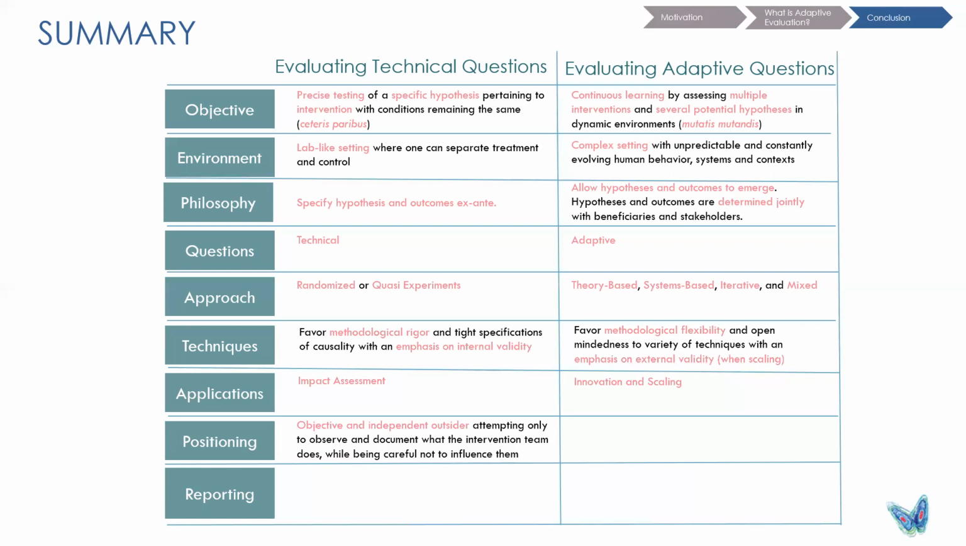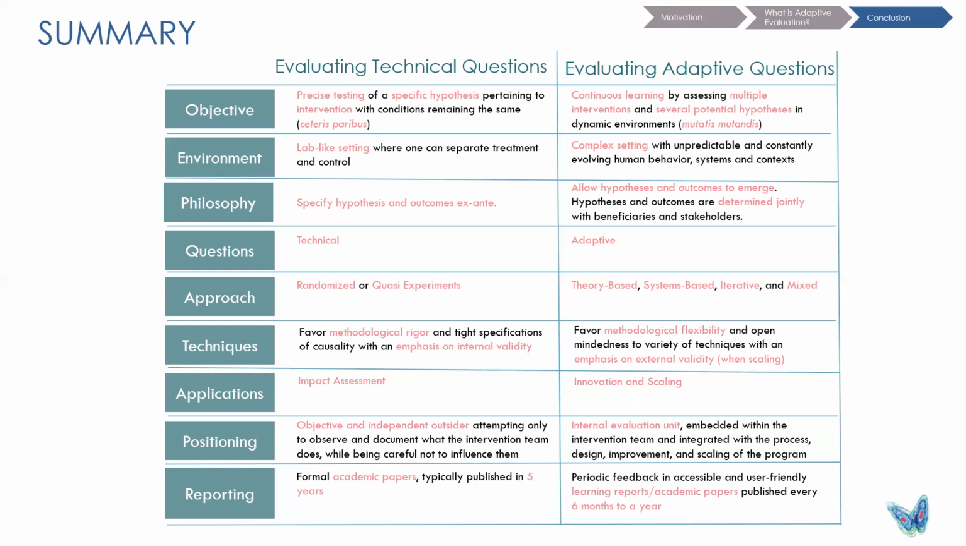There's some difference in positioning too. When you're evaluating a technical question, you are almost an independent and objective outsider. You attempt to observe and document what the intervention team does while being careful not to influence them. Whereas while evaluating adaptive questions, you're an internal evaluation unit. You're embedded deeply within the system and integrated with the process, design, improvement, and scaling of the program. And finally, reporting is different. For technical questions, it's formal academic papers, whereas for adaptive questions, it's periodic feedback and user-friendly learning reports for the organization,